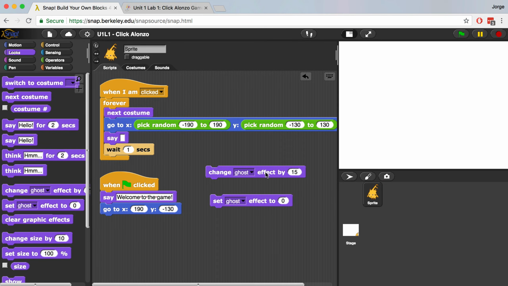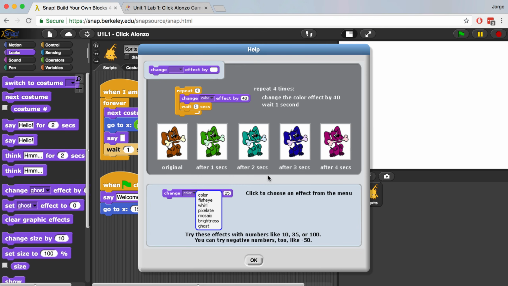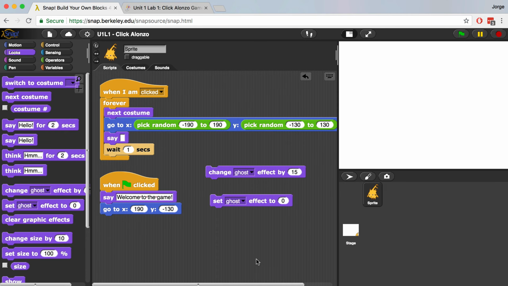If you ever find yourself unsure of how a block works, just try right-clicking on the block, clicking help, and reading the documentation. But if that doesn't help, drag the block over and test it out, play around with it, and see what happens. So now I have to think about where I want to put this change ghost effect